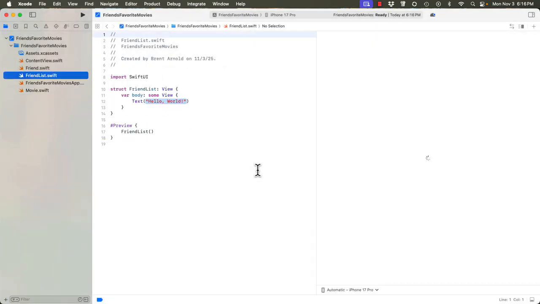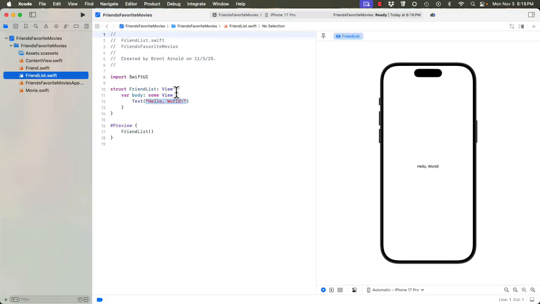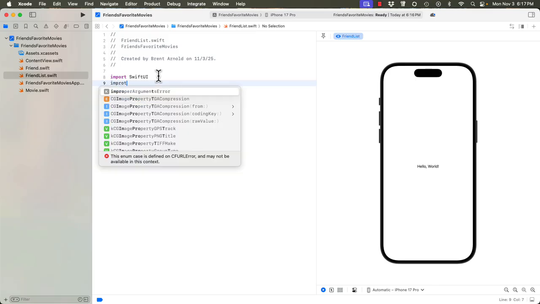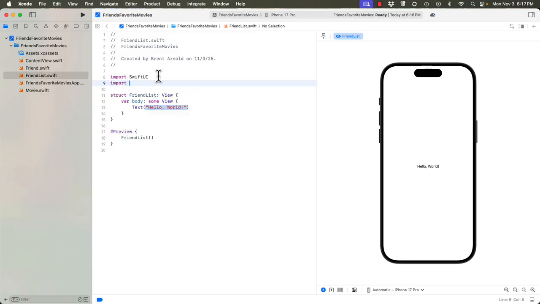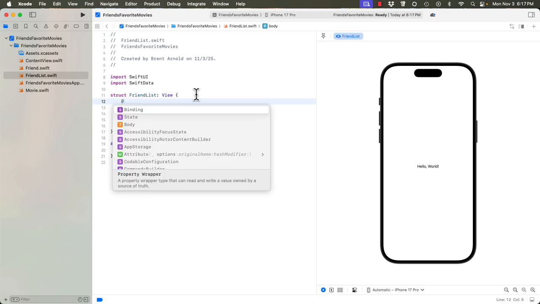Go ahead and create that. And remember, when you're working with SwiftData, we need to import SwiftData into this view. Import SwiftData. And then you remember from previous tutorials, we have a query property, and that allows us to pull data